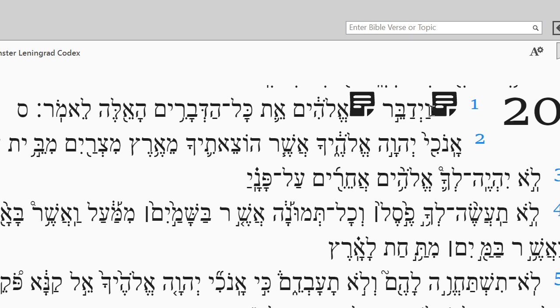Okay, but we're going to go through, starting here. This is Exodus 20, verse number 1. And as you can see, the first word within Exodus 20:1 is Wayadabar, meaning and he spoke, or and he spake. Now the he, we know that the word he is signified by this prefix, Yah.